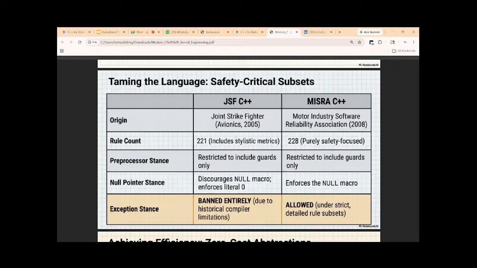Yeah, what happened to you people? Like somebody spoke up. Just let me know what happened. Okay, fine. Mostly the delays were unpredictable and the memory usage was very drastic. So therefore they banned them completely to ensure the jet systems never randomly stalled while trying to handle an error. Okay, now let's go on to the Misra C++, the strictly regulated exceptions rule. Unlike JSF C++, Misra was done in 2008 and actually allows exceptions,